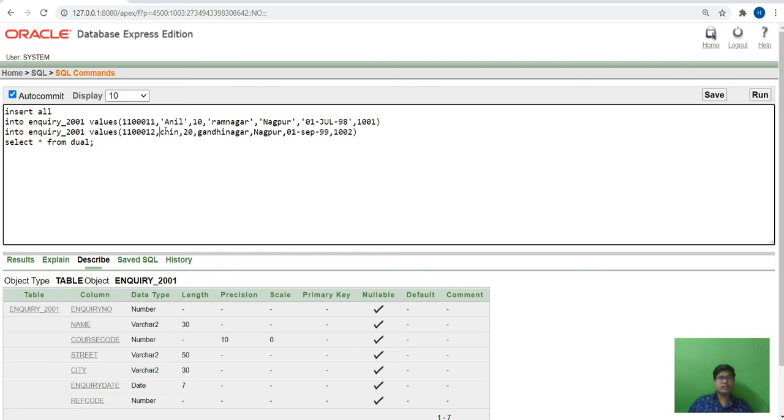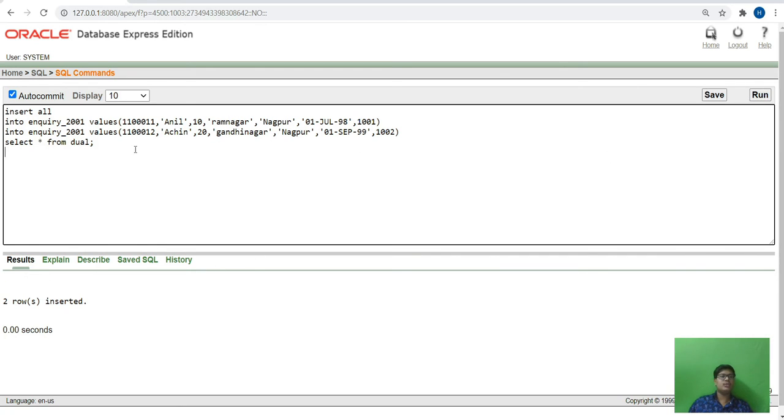Next year. So here two rows are inserted.